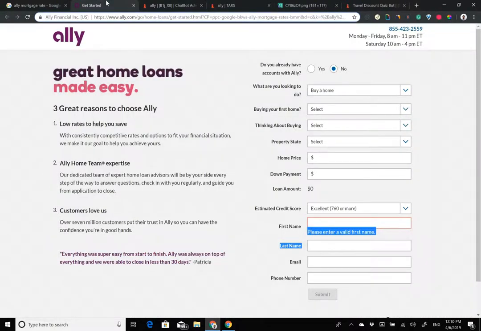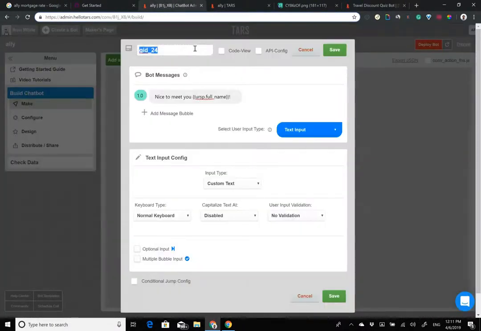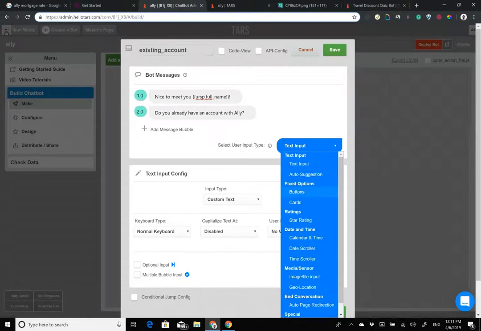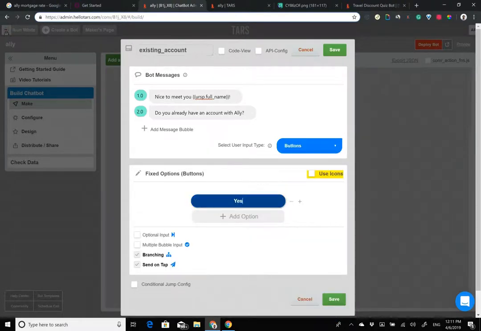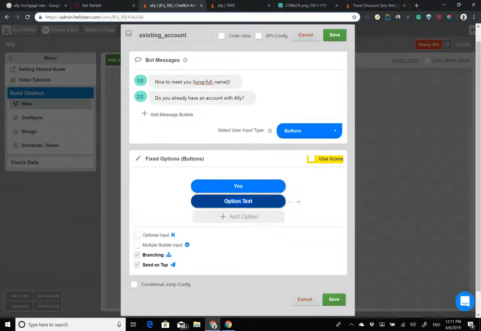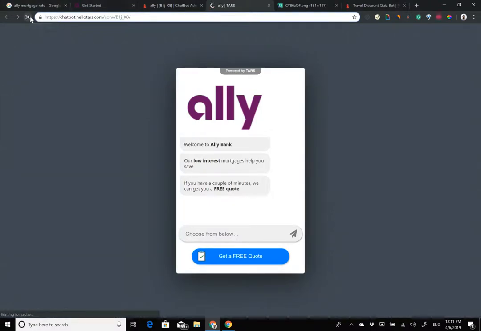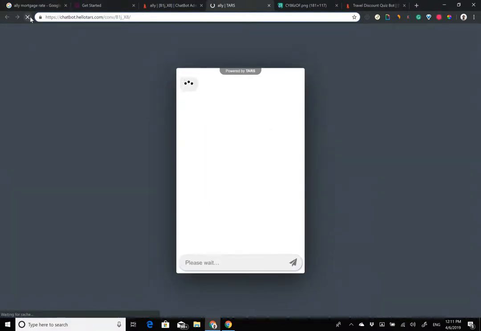And what's the next piece of information that we want? Do you already have an account with Ally? Existing account. Do you already have an account with Ally? And we can make this a button input as well. It just makes it easier for people to respond. It's a simple yes or no question. And hit save. Deploy this, refresh this page, and I'll just give you guys a sense of what this looks like in practice